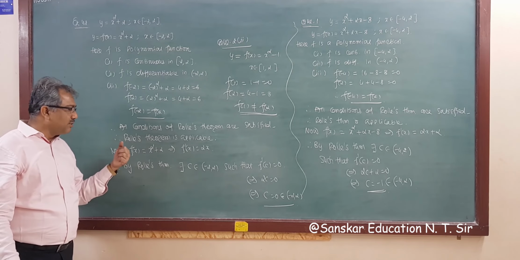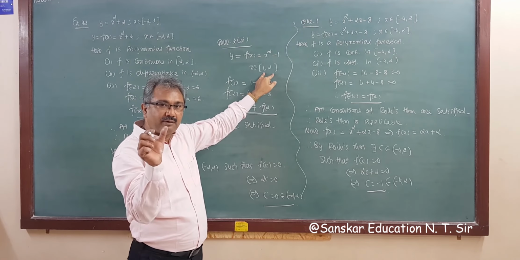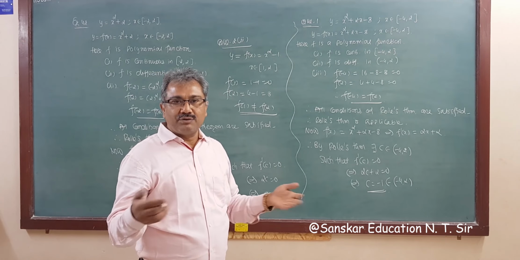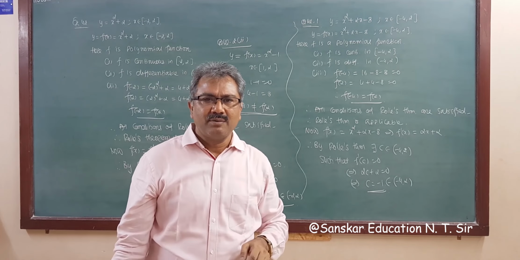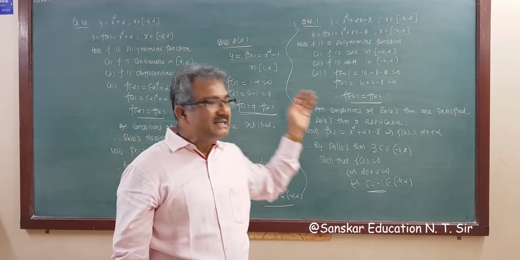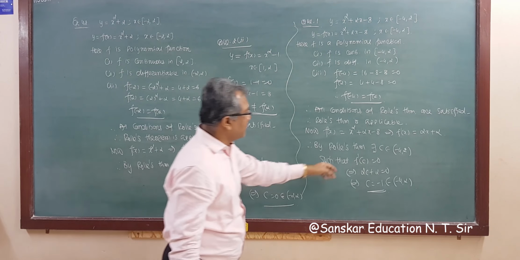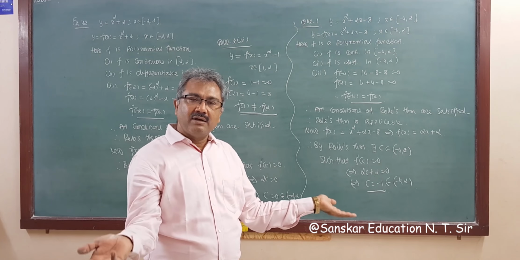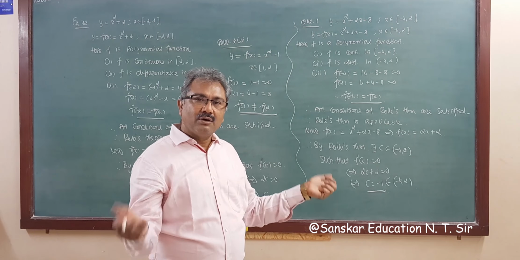That is, there does not exist C belonging to the open interval 1 comma 2 such that f dash C is equal to 0. So this is the way we have to solve these examples. But these examples are important for MCQ only, right? No one is going to ask you in 2, 3 or 4 marks. So prepare this topic for MCQ purposes only. That means you have to solve from here: f dash C is equal to 0 and get the value of C. If C belongs to the open interval, then that is the required value. Otherwise, there does not exist C in the open interval. Okay?